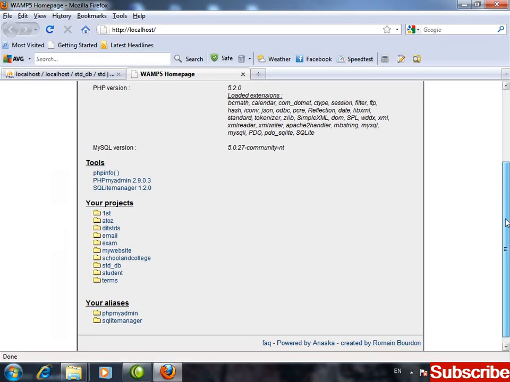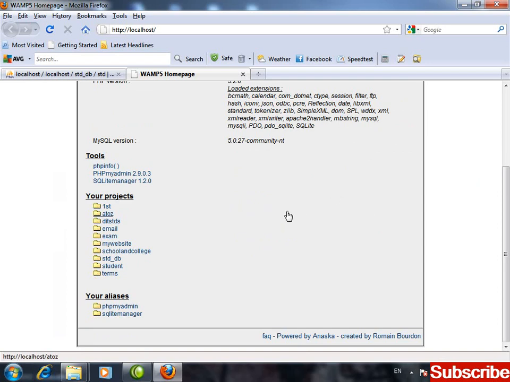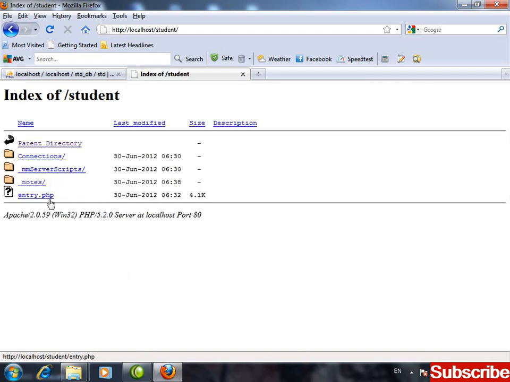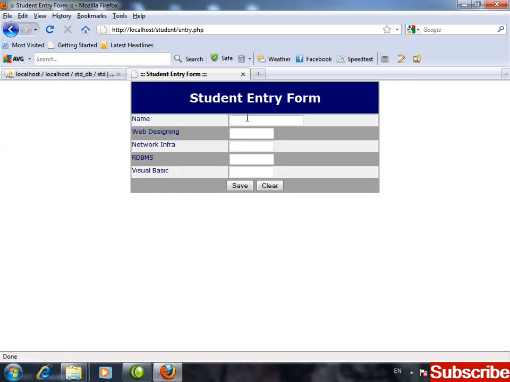Now what was the name of my database? Student underscore DB, but student underscore DB created problem, right? So the same thing here, I'm having student selected, and from here click on entry.php. Here is the page. I'm going to make entry of name. Let's say this is